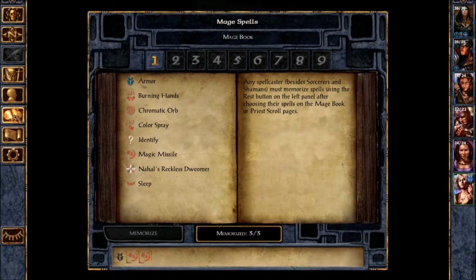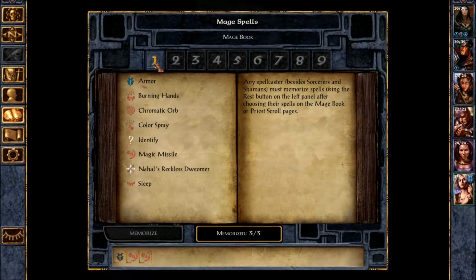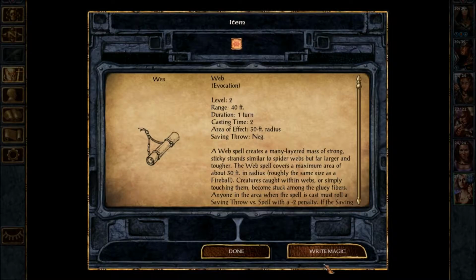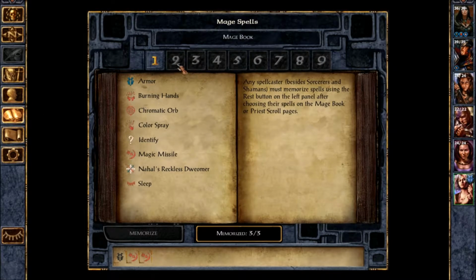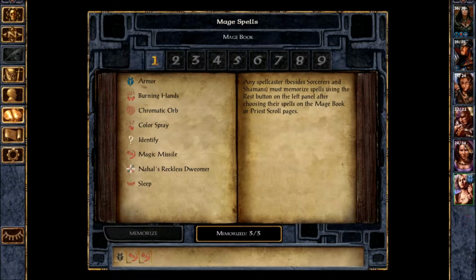What are your spellcasts looking like? 3. Okay. You know what? I should really be paying attention to what spells I have. You can scribe this. Cool. What level of spell is that? Web must be a level 2 spell. Okay. Can't get level 2 spells yet. Not high enough level, but...